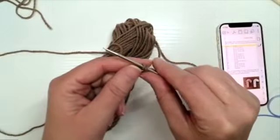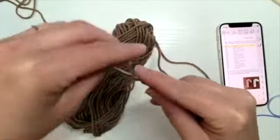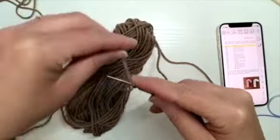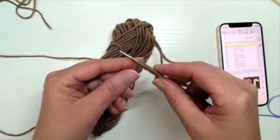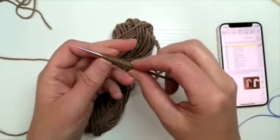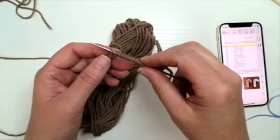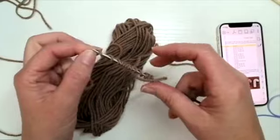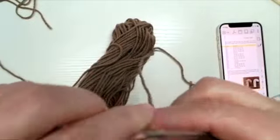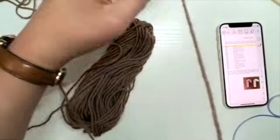So I'm going to audition this: 1, 2, 3, 4, 5, 6, 7, 9, 10, 11, 12, 13, 14 stitches. So I'm lining this up just like I would if I had live stitches on my needle. They're consistent and even across. So now that's my 14 stitches. So I'm going to start with my tail in the back,